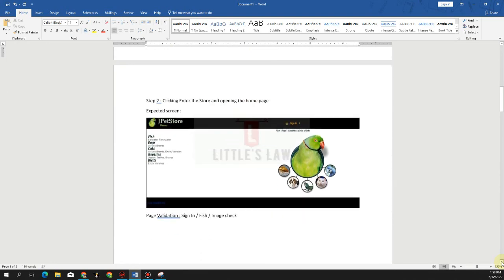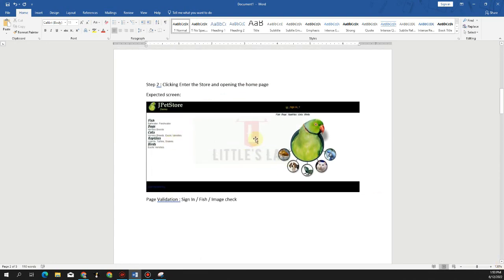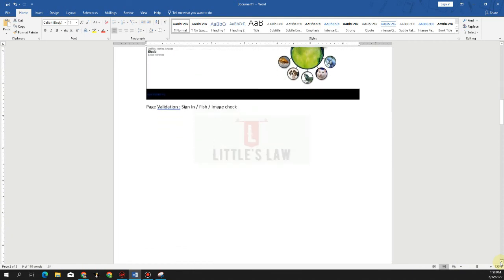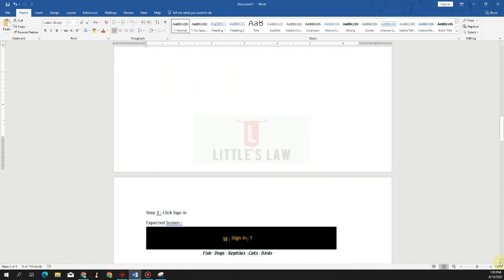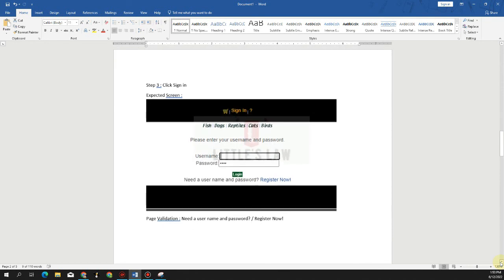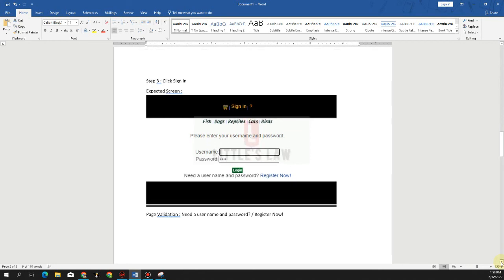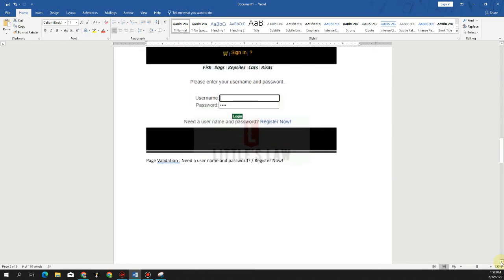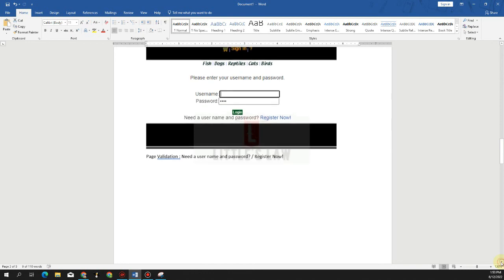And then we have the second page where we are going to sign into the application. We create the expected screen and the page validations, and we are also giving the actions that we are going to do in this page. And then again we are coming to the third screen. Here we are about to sign in. For that we are entering the sign in screen. Here we do not pass any variables, so just click on sign in. The action that we did is enough to enter here,